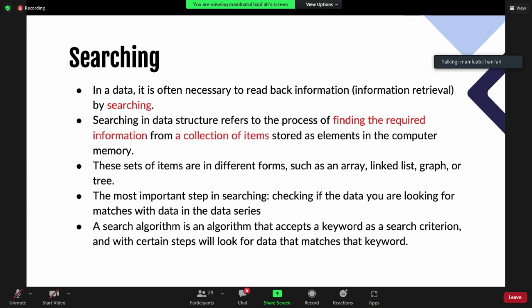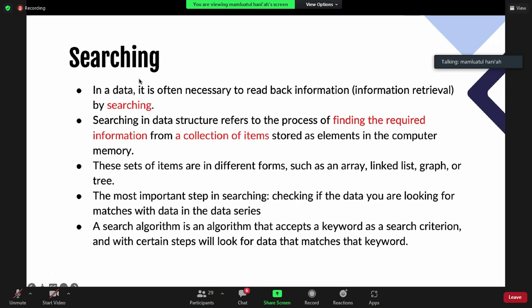Jadi Anda sudah melakukan searching kan? Biasanya Anda menggunakan Google, misalkan Anda mau masukkan keyword, misalkan keyword Anda adalah algoritma. Nah, Google habis itu memberikan Anda hasil yang berkaitan tentang algoritma, gitu kan?